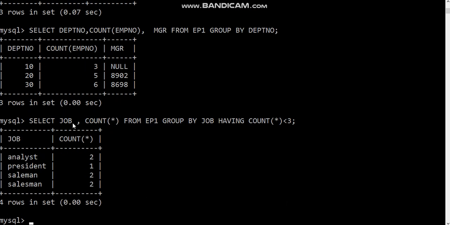I told it to print two particular columns, job and count. Count will count all the records from EMP1, and it will group them according to the job. And if the count is less than 3, meaning if the number of employees is less than 3, then it will show you here.